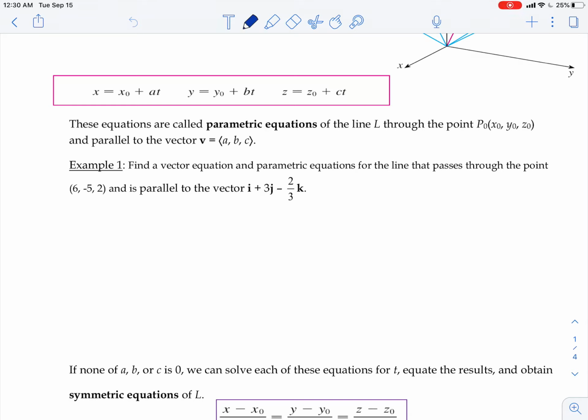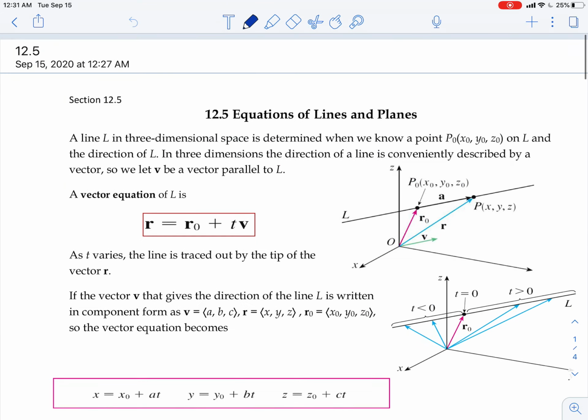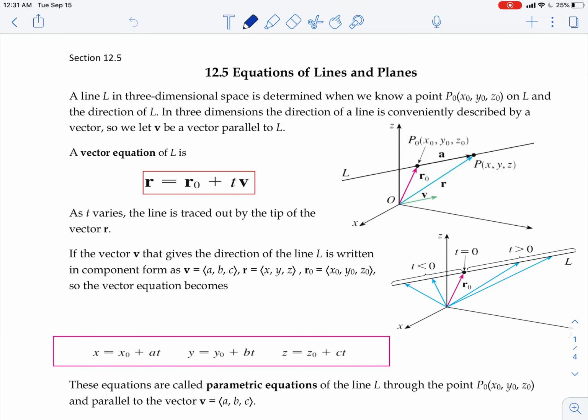Welcome to the last section that we're going to discuss in Chapter 12, and this section is called Equations of Lines and Planes. And so what we're going to be finding is the equations of lines and the equations of planes. We're going to talk about how we get the equations of lines and planes, and then talk about their necessary